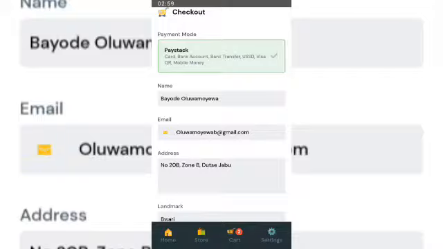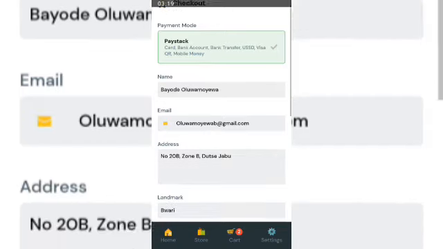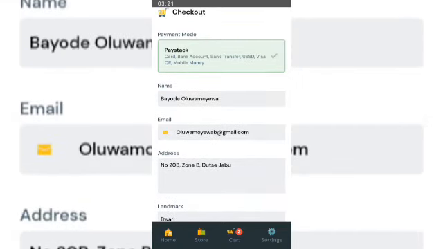When you click on continue, you have the payment method here. The payment method is Paystack. There are other payment methods available when you create your store. There's another one called Pay Later. Pay Later means when I deliver the product to you, you pay me instantly. But for Paystack, before you can check out the product, you have to pay online. And when the customer pays you, the money reflects in your Nigerian account or any account you are using instantly.